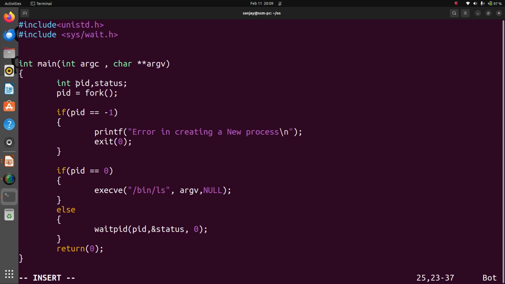Now this is the program, PID status fork system call. If the process cannot be created, then it returns -1. Then execute /bin/ls, the bin path, and wait for the child process to terminate.